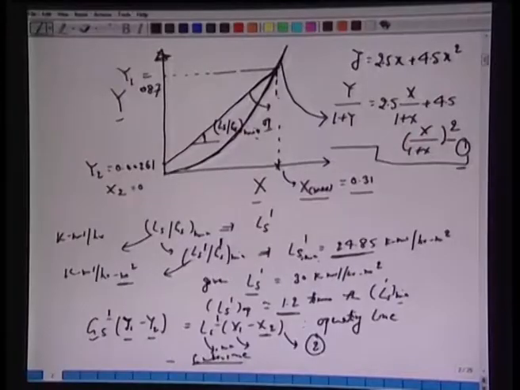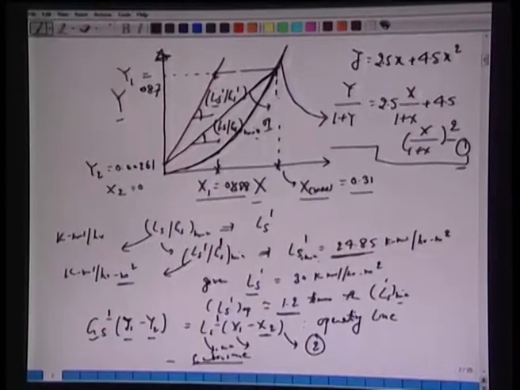This is Ls by Gs minimum, and of course, we are running at operating curve Ls prime by Gs prime, both are given to us. Ls prime is 30 kilomole per hour per meter square and G prime is given to us as 10 kilomole per hour per meter square. Gs prime is given to us as 9.2. So, from this, if we can draw this line, this will give us the operating x1, which will turn out to be 0.02588.